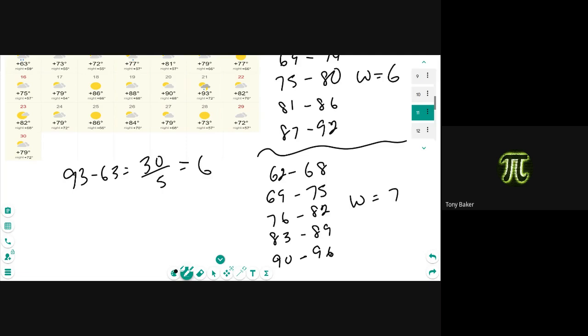No, that doesn't matter. It doesn't make a difference. You could have started a little lower or a little higher. Like if you did this one to 61, that would have been 95. If you did that one to 60, that would have been 94. You don't have to worry about trying to get it exact in there. The goal is just to be able to organize the data, because then what we're going to look at,